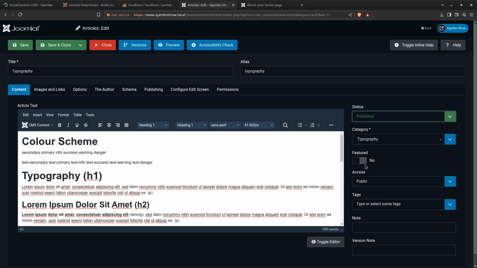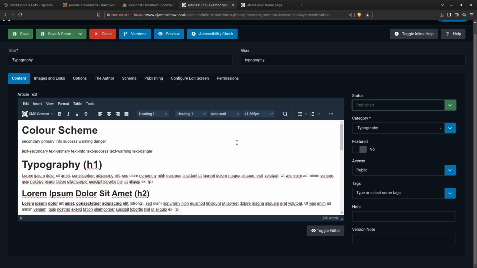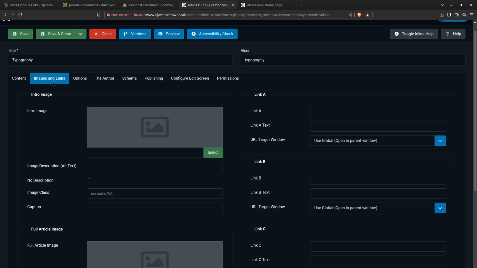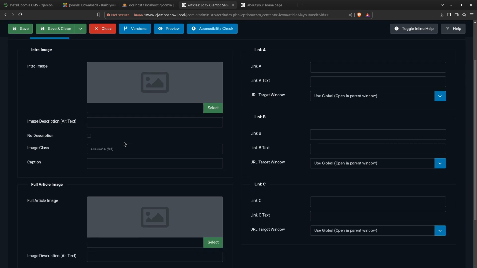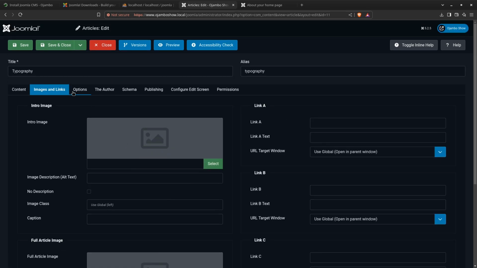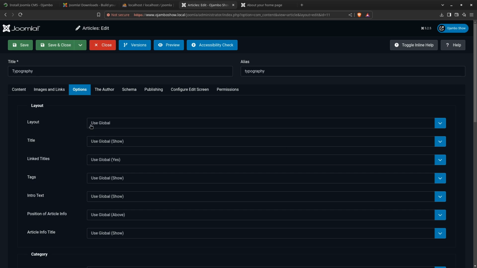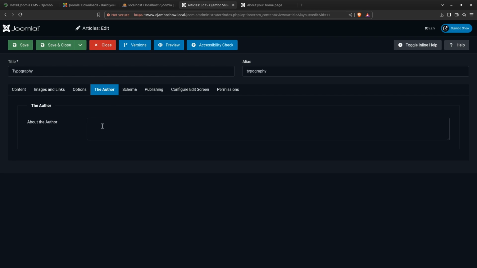So that's like a sticky, it stays on the top. And then if you want to add an image, this is how you would add one. If you don't do it right into the content, the WYSIWYG, and the author, you can put about the author. So this is what I'm saying, remember, this was the default